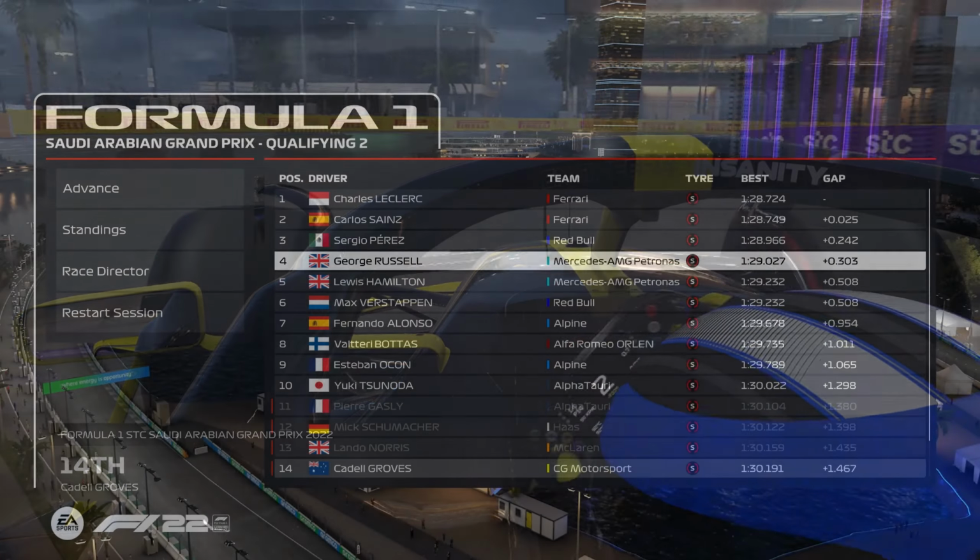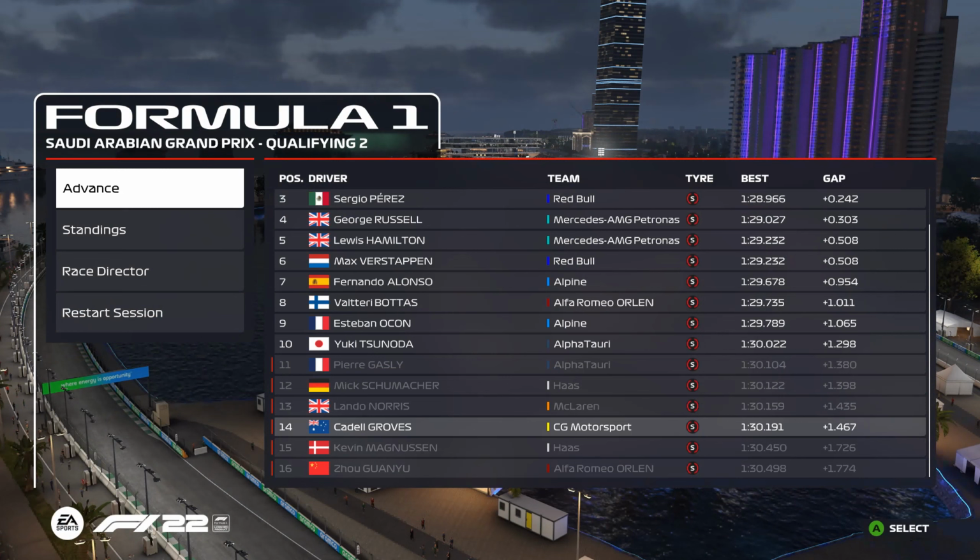In the end, we get 14th place for the Saudi Arabian Grand Prix. That's actually a pretty decent result. 14th in just our second race. That's our best qualifying of the year so far. So I'm definitely impressed by that, and I reckon this is something we can probably continue to look forward to